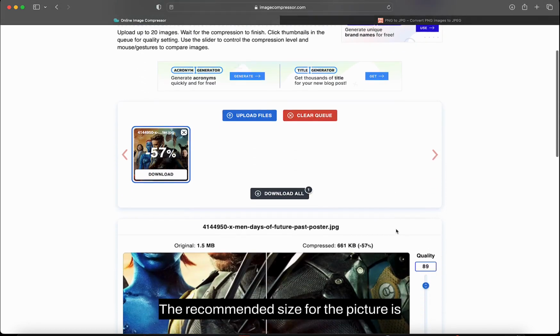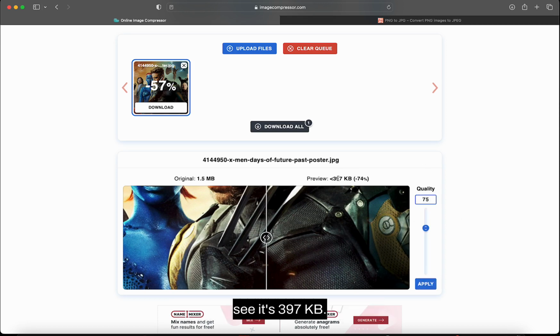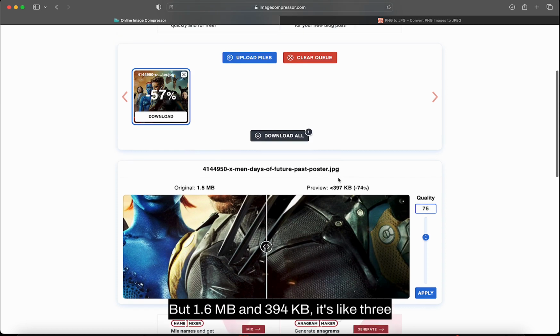The recommended size for the picture is less than 500 KB, and right now it's 61 KB, so we can just slightly reduce the quality of the picture. It won't affect the picture much. If you make it 75%, which is the most suitable size, you will see it's 397 KB, and the image quality is not compromised. It makes a slight difference, but 1.6 MB to 394 KB is about three times lower than the actual